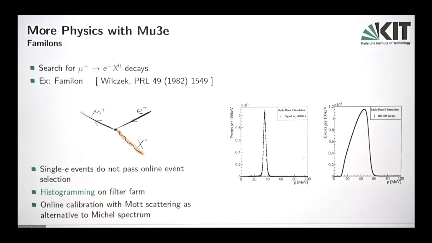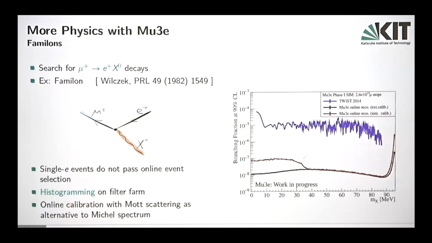The difficulties might be in the Michel edge. You need to know your polarization very well, etc. So it might be that we need to exclude this area. Also, initially, we are planning to do calibration with this edge. If we find other possibilities, and we're thinking about multiple scattering, then we might be able to get somewhere to the edge. This is a preliminary sensitivity study.